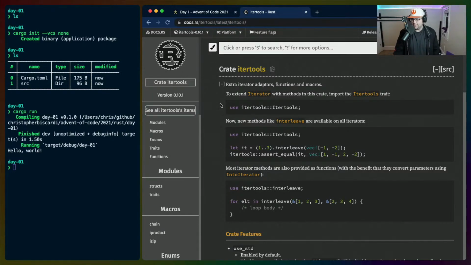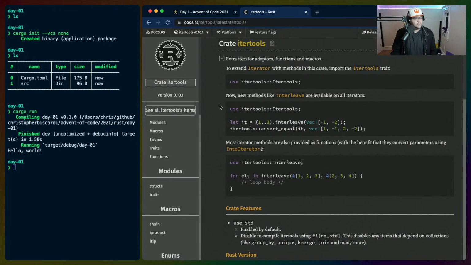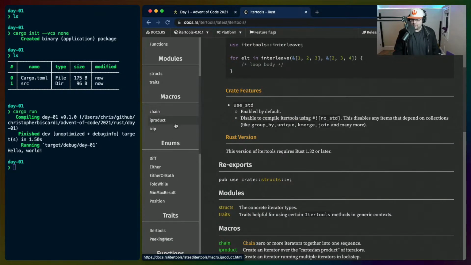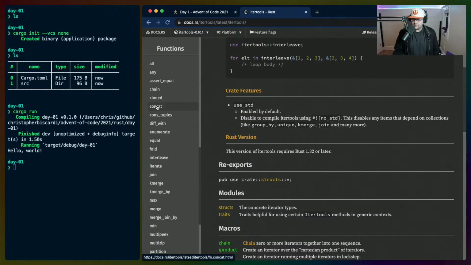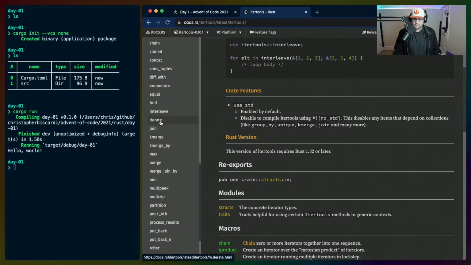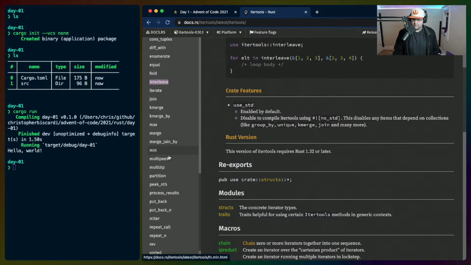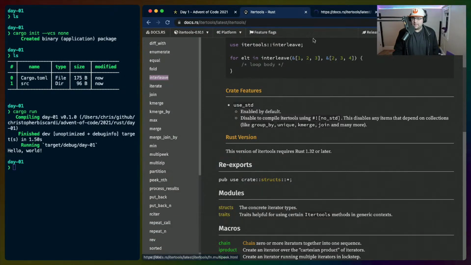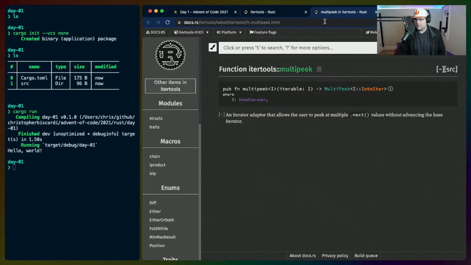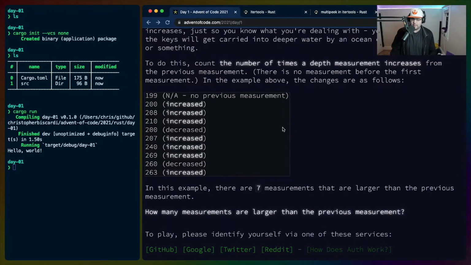The input is clean again. That's good. I don't know exactly what you mean by that. Okay, so interleave is not going to be hit. Multi-peak. We're going to need a multi-peak. I think we're just going to need peak. I think we don't even need itertools. I think we can just do the one peak. So let's open this.